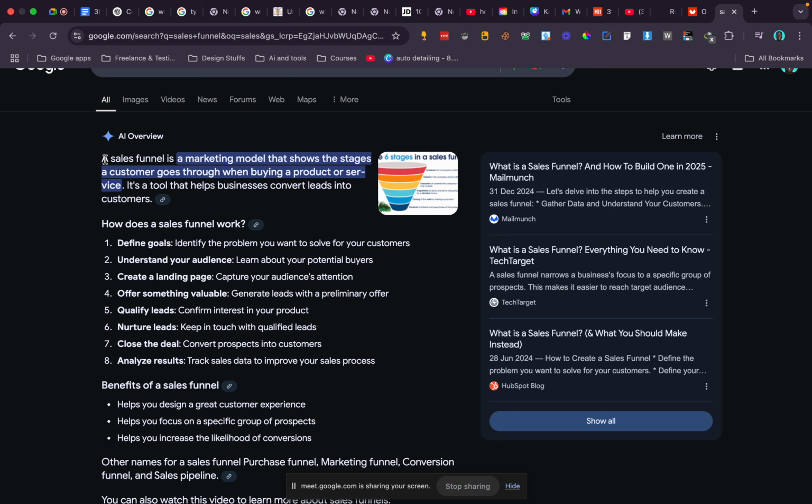Okay, let's start from here. A sales funnel is a marketing model that shows the stages a customer goes through when buying a product or service. It is a tool that helps businesses convert leads into customers. Leads are strangers that do not know anything about your business. They are just getting to know about you.